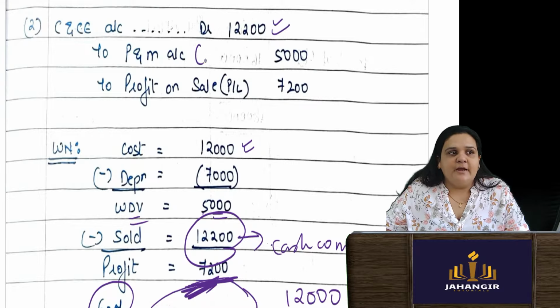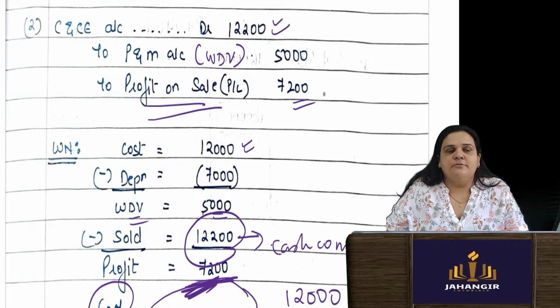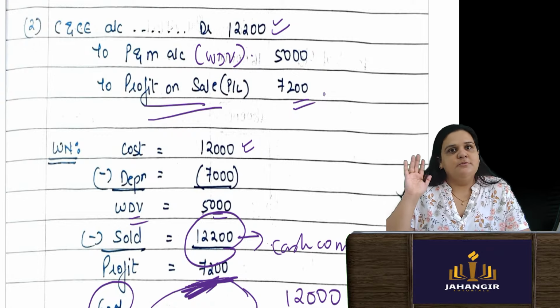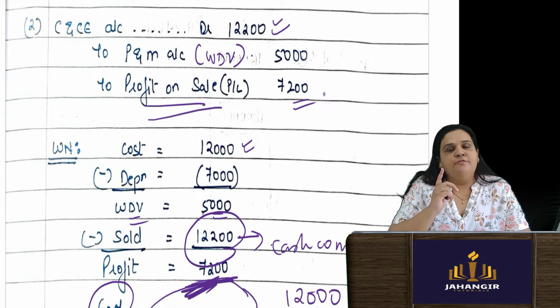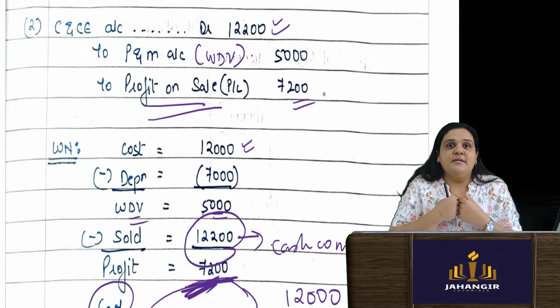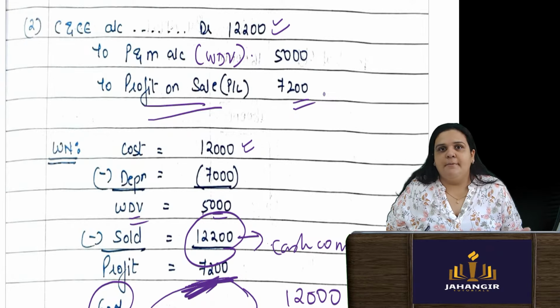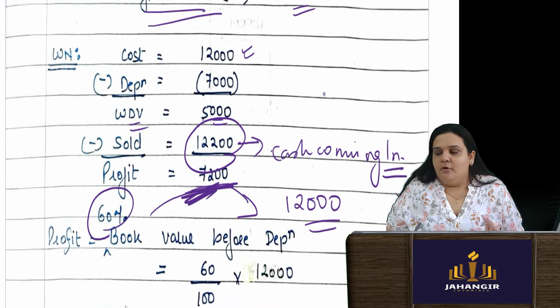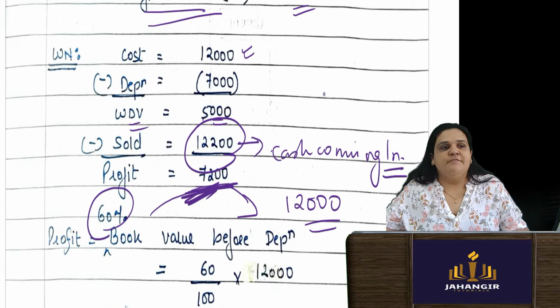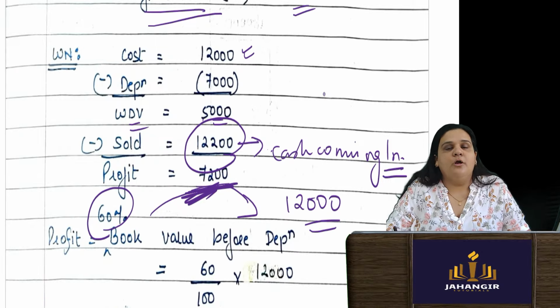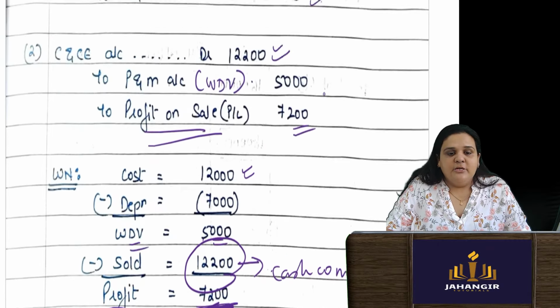Plant and machinery, I will write it at the written down value only, no? And what is the profit on sale? P&L, it will go 7,200 rupees. Because this is a profit. Profit on sale, we put it in the P&L only. Plant and machinery written down value, how much machinery is actually going out? 5,000 only. But how much money I received is on my cost, 60% above, I got it on sales. Okay, so 12,000 plus 60% if you will do, 7,200 is the amount you got as a profit. Okay, so now these two journal entries are there.